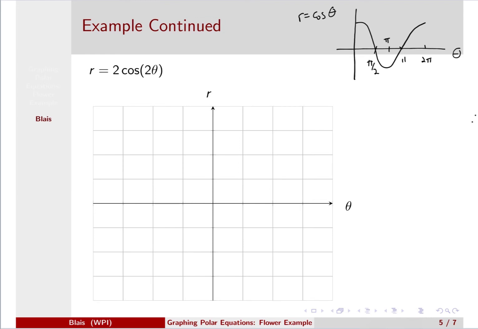So we know our graph of cosine theta looks like this. It has roots at pi over 2 and 3 pi over 2. It hits 1 at theta is 0. It hits minus 1 at theta is pi. And it hits 1 at theta is 2 pi. Now if we change from cosine of theta to cosine of 2 theta, that effectively speeds up this wave. So if we look at this now,